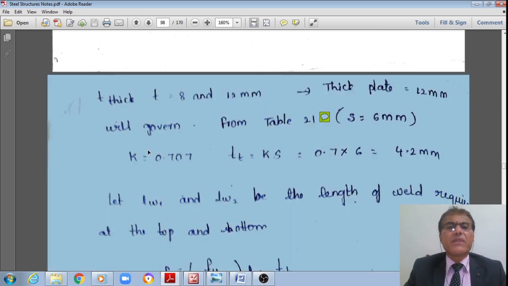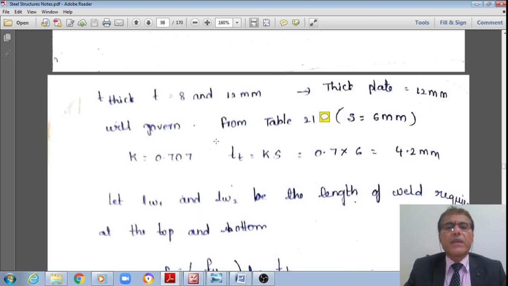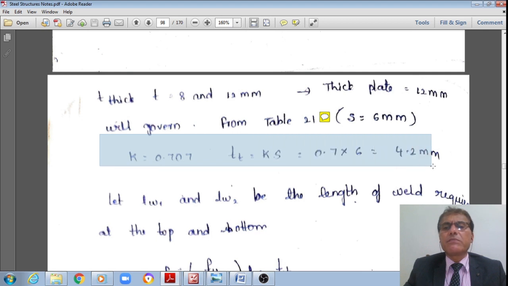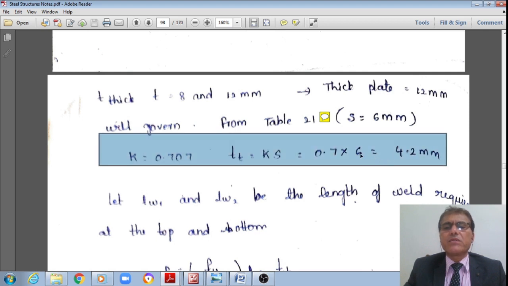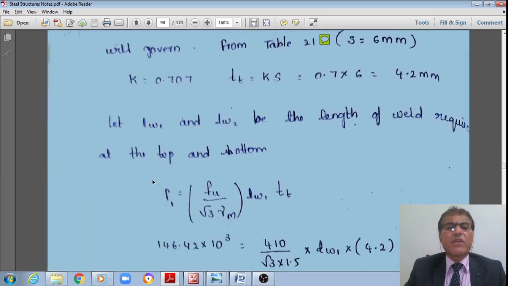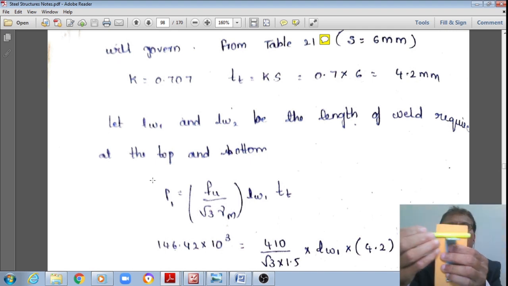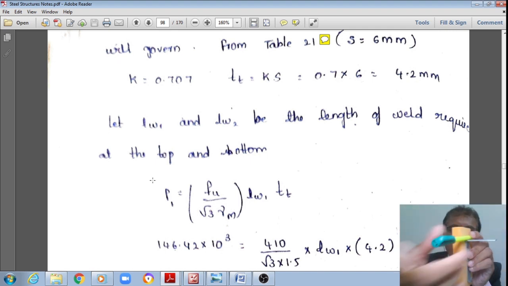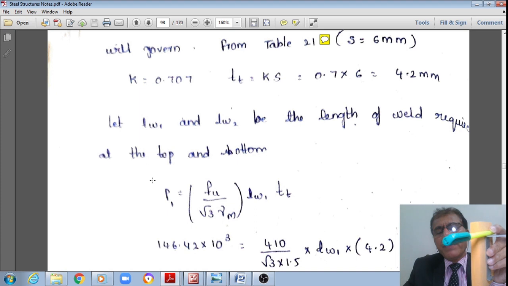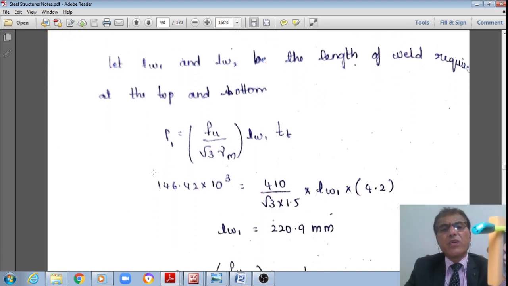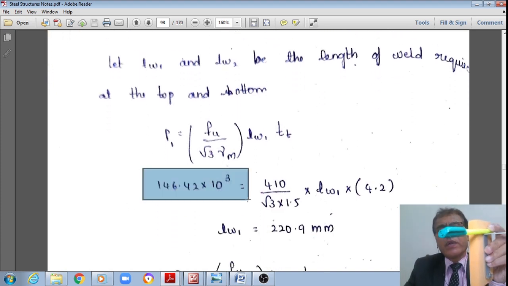That is my assumption. Therefore, just now we have seen from table 21, for the fillet weld, that the effective throat thickness is equal to 0.7 multiplied by S. Therefore, S is equal to 6 mm, that works out to 4.2 mm, right? Therefore, now the load carried by the top weld is equal to P1, which is equal to 146.42 kilonewton, 10 to power 3